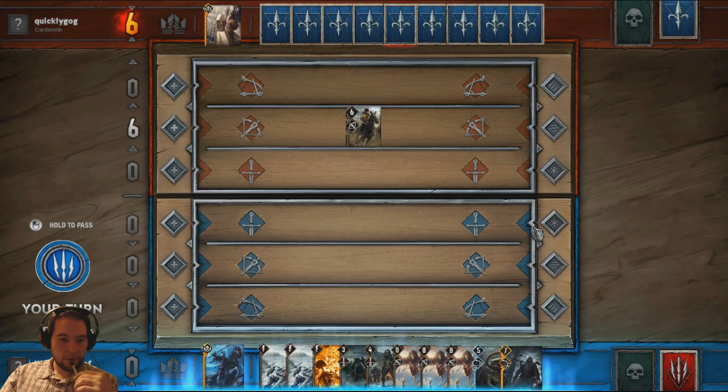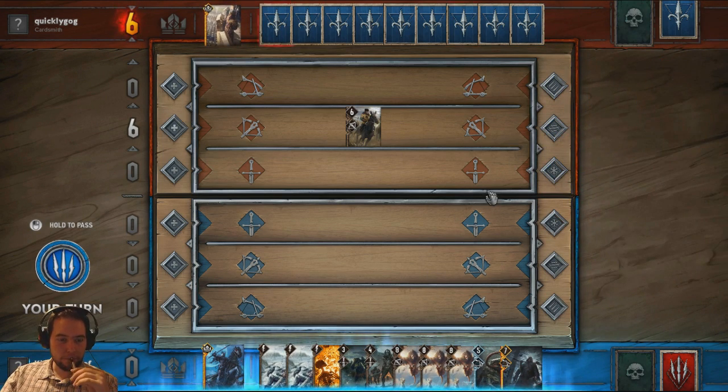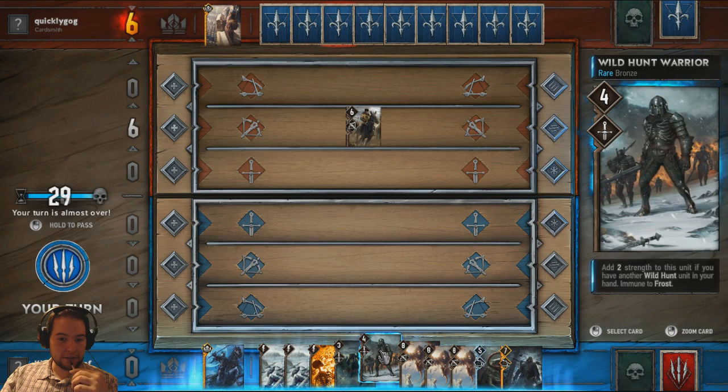Amazing. Okay, so one thing that we've noticed is that I've only seemingly got Biting Frost in this game, so I don't have anything to get rid of that. 6 strength. Let's start with... He probably won't have Epidemic because he seems to have Promotion. So let's start with a simple...